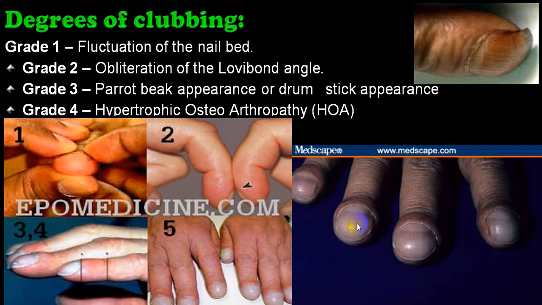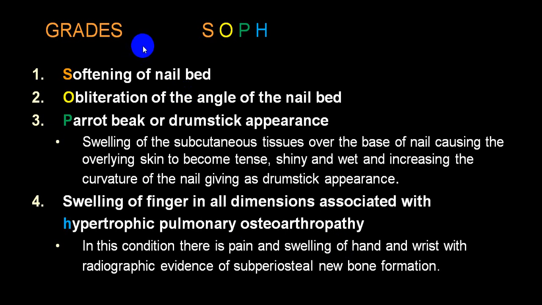So this will be drumstick clubbing. So this can be grade 3 or grade 4. But for differentiating grade 4, you will have to have an X-ray. So that will be there. So there is another way of remembering: S for softening, O for obliteration of angle, P for parrot beak appearance, and H for hypertrophy. It is better to remember fluctuation, Lovibond sign, parrot beak appearance or drumstick clubbing, and